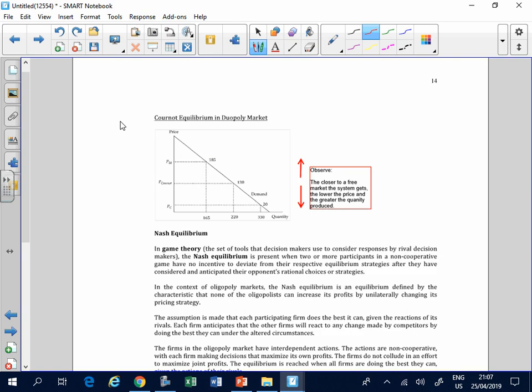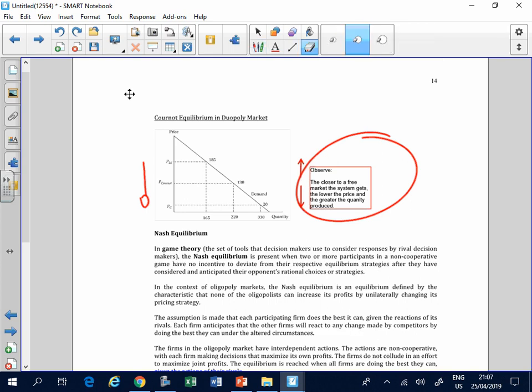So that's all you need to know. You got it done. Now, just note this. The closer to the free market, the lower the price. The closer to the monopoly, the higher price. The reason I put that in there is because you may get a question on it. Last but not least,